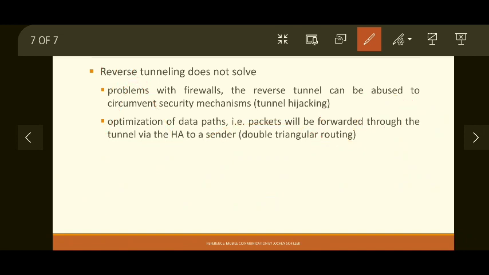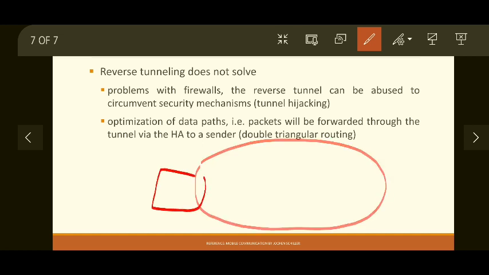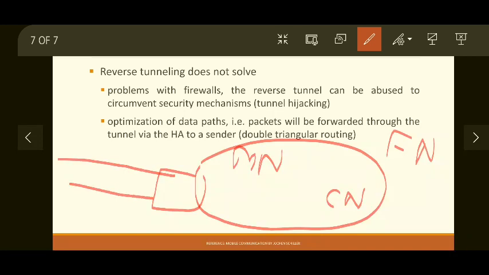Now what is the double triangular routing problem? When you visit a foreign network of a company site, let's say this is a foreign network, you are a mobile node, and the correspondent node is part of the foreign network here. Now there is already a tunnel from the home agent to the foreign agent.